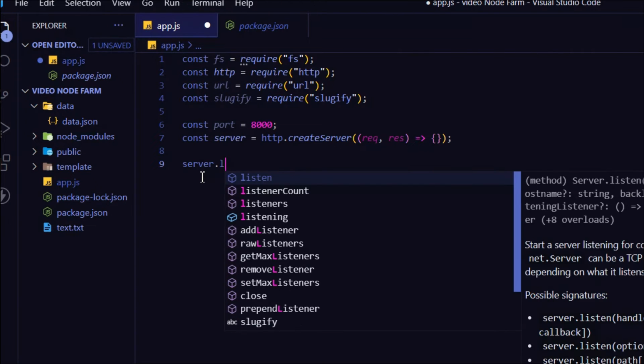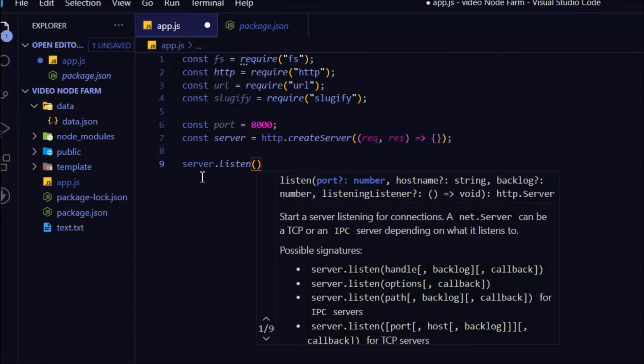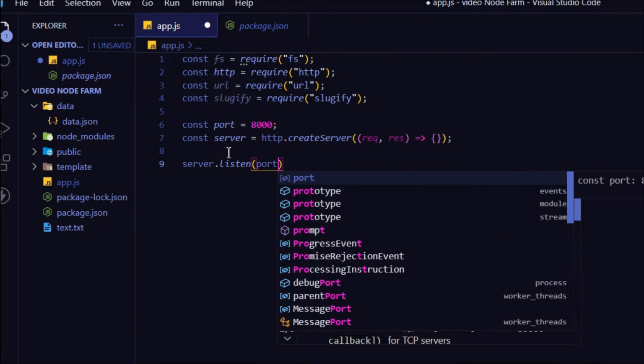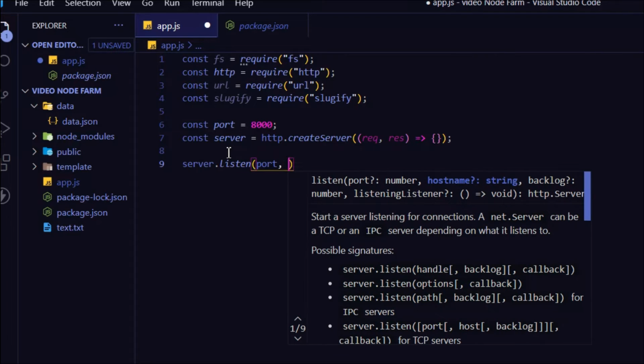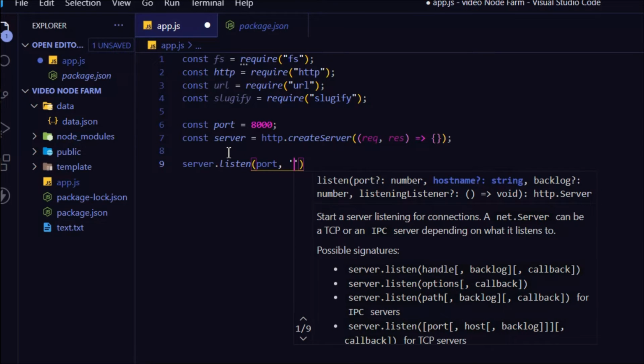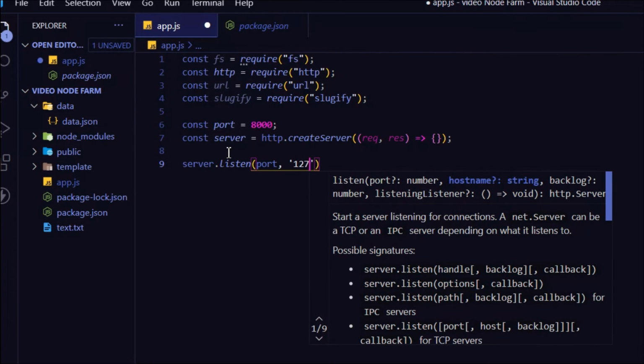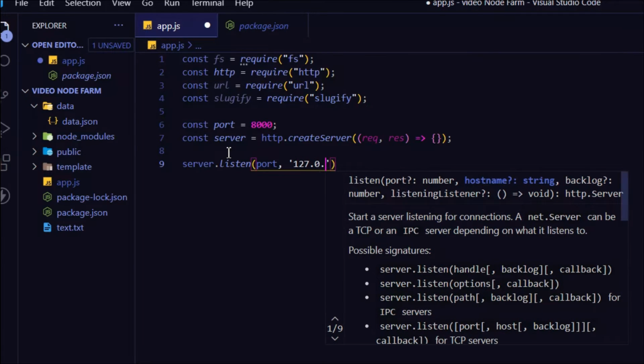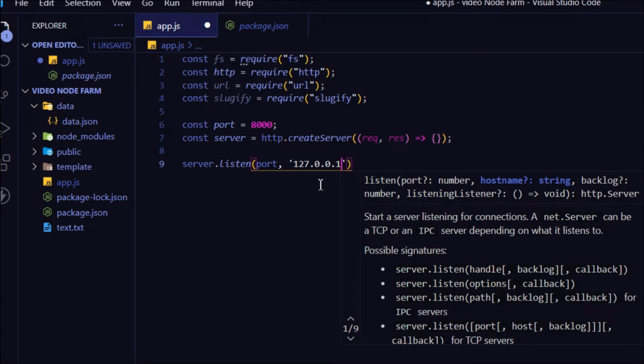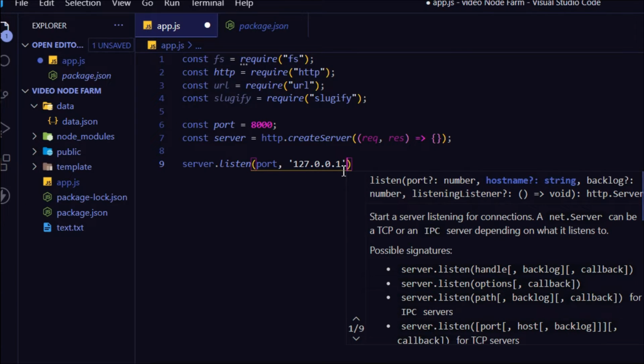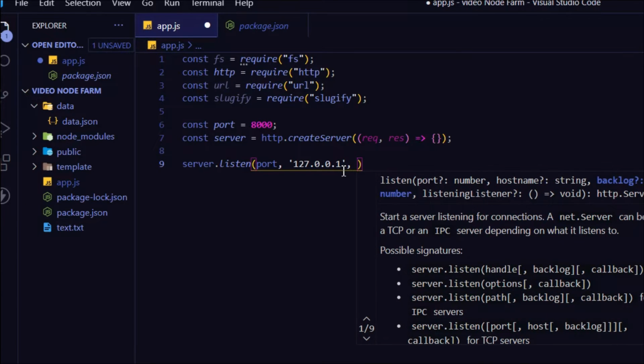I'll type server.listen, and here I will specify the port I want to use. I have created the port variable already, so I'll say port, and then 127.0.0.1, and this is actually going to be the address of your computer. This is how every Windows computer or every application starts. So this is the address you can define, and this is normal for all computers. Simply come here, and here you have to run a callback function,